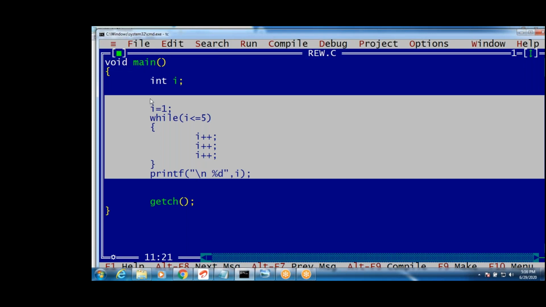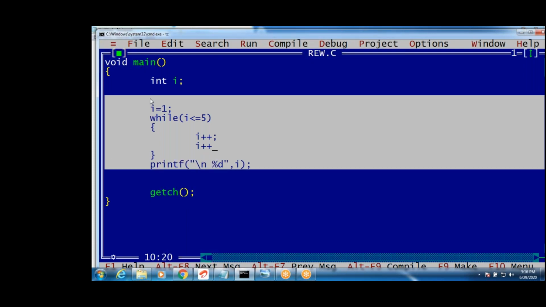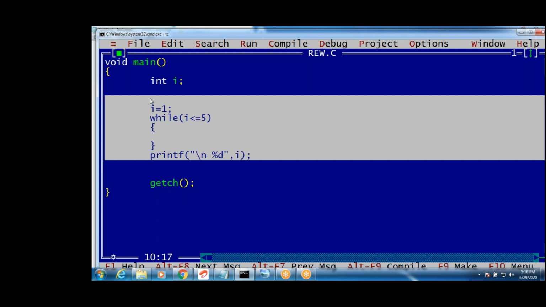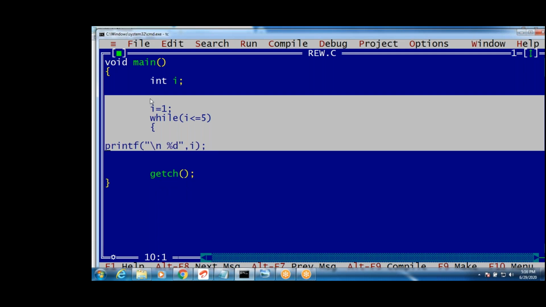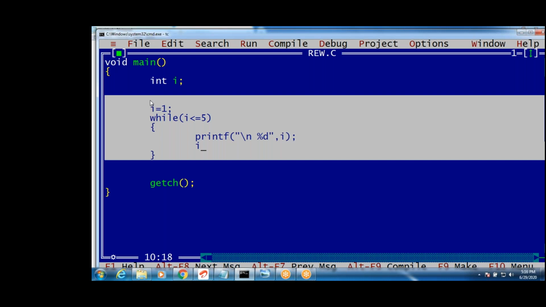Next one. Yeah. Tell me what is the answer for this. I plus plus. Yeah. Now while of 1 I have written. While of 1. Tell me the answer for this. Why error, Pundari? 1 will be printed infinite times. They're printing the I value, right?